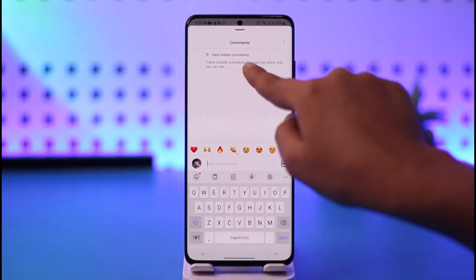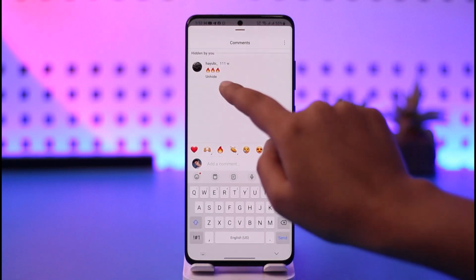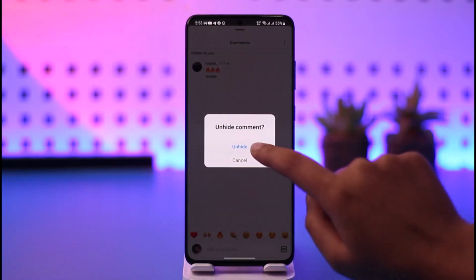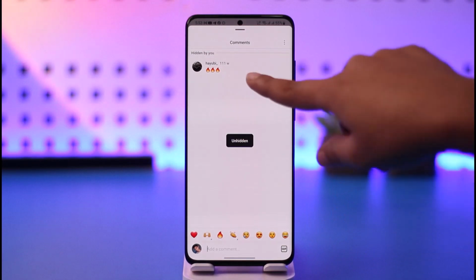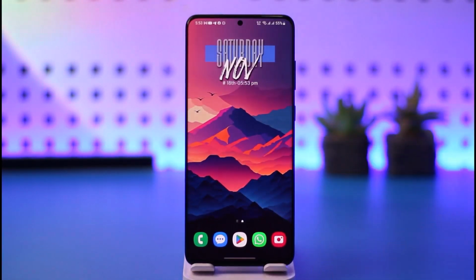now you'll find this kind of notification. You simply tap on it, and now tap on this unhide option and tap confirm again, and now that comment just appears right there. That is the way you can hide your comment and